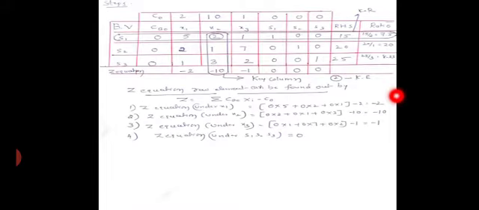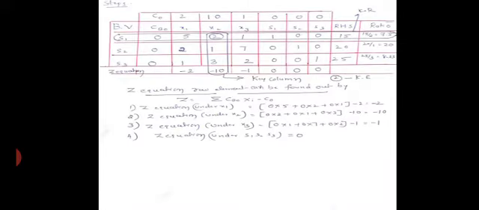Understood? Again you go for the next one. Next here, the next one under x2: the old value in the x2 row is 1. Okay, and the corresponding key column here for the row will be common, that's why 1 into its corresponding new value is what? 1. If you do it, you're going to get 0.